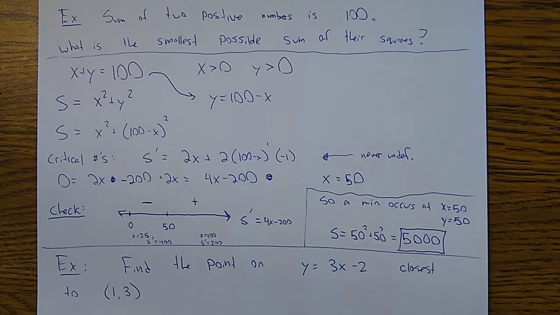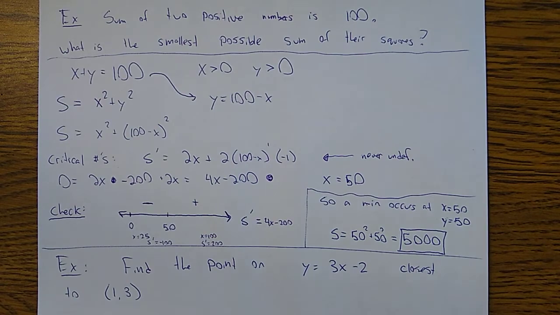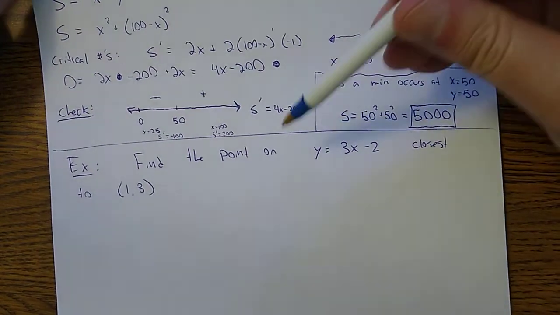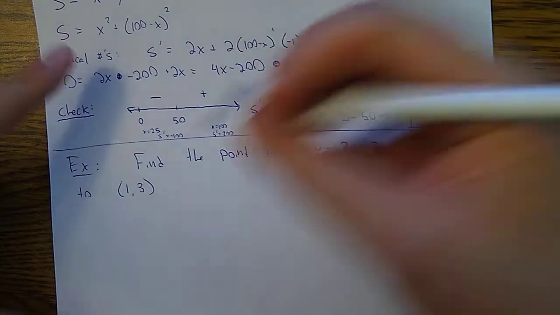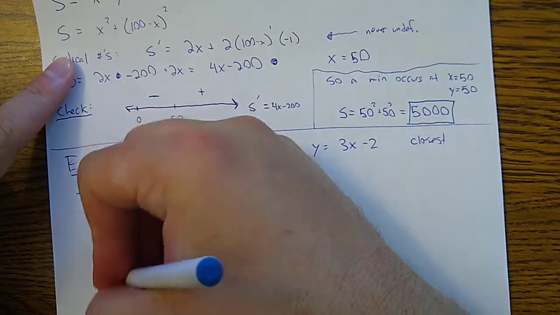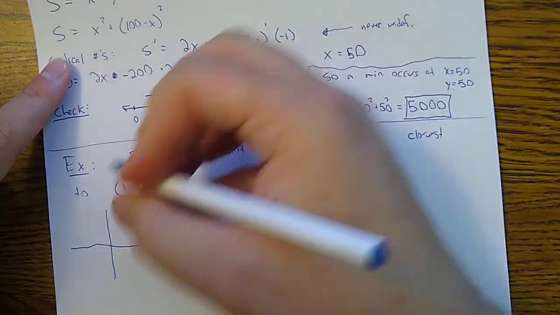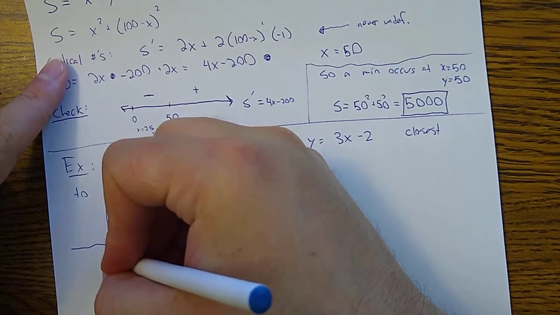So the answer is 5,000 on that one. Okay, let's do another one. Find the point on this line that is closest to this point. It's not really necessary, but